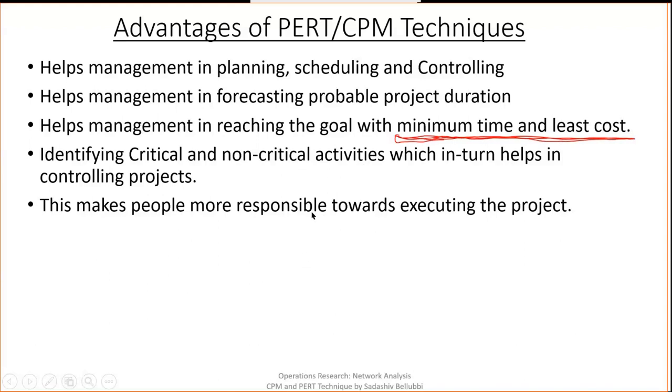And the last one is that this makes people more responsible towards executing the project. How is it responsible? It means the whole project is divided into n number of activities, and for all the activities you are given the timing. One project should be completed from July 13 to July 16. In that time, if you know the perfect work, the responsible persons will concentrate on, okay, there is a deadline, I need to finish. So that's why for completing any one project, there should be a schedule. So these are all the different advantages of the PERT CPM technique.